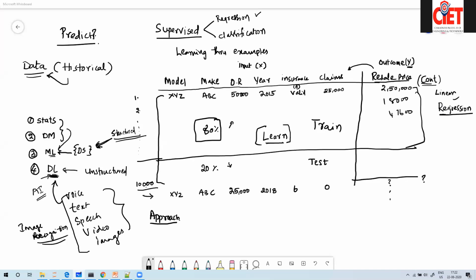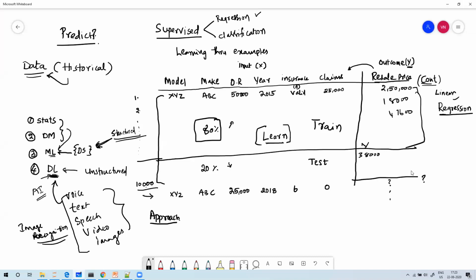Let's say, imagine we did that, and this algorithm has learned and it is ready to make predictions. Now, the learning happened on this 80% of the data. And for the remaining 20% of the data, we ask the model to predict the resale prices of the cars for this 20% data here. Now, for this 20% of the data, we have Y values, like first car